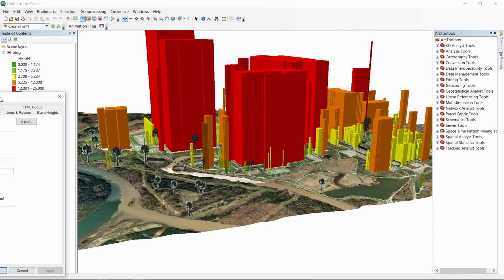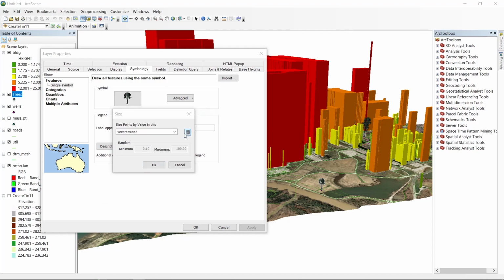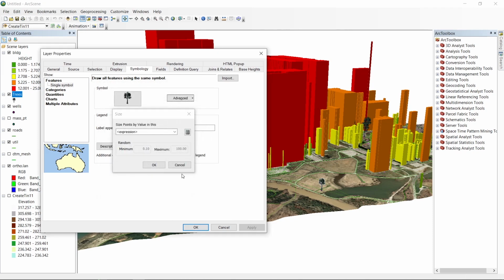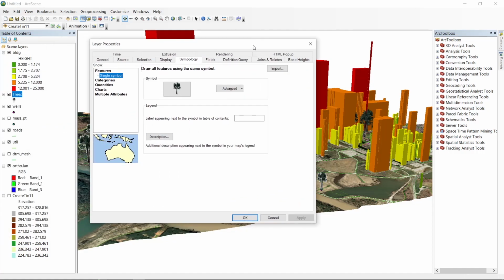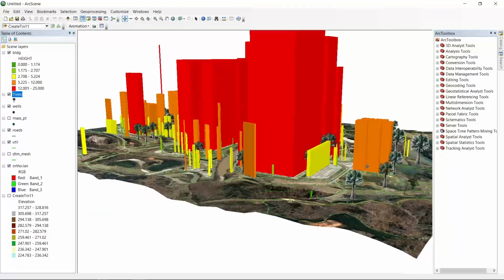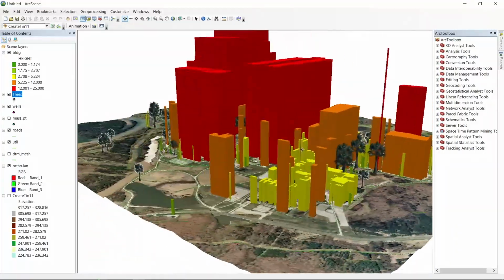What do you think? I will multiply this by 30. Is it good? I think it is good, right? If you want to increase the height, you can increase the height also.